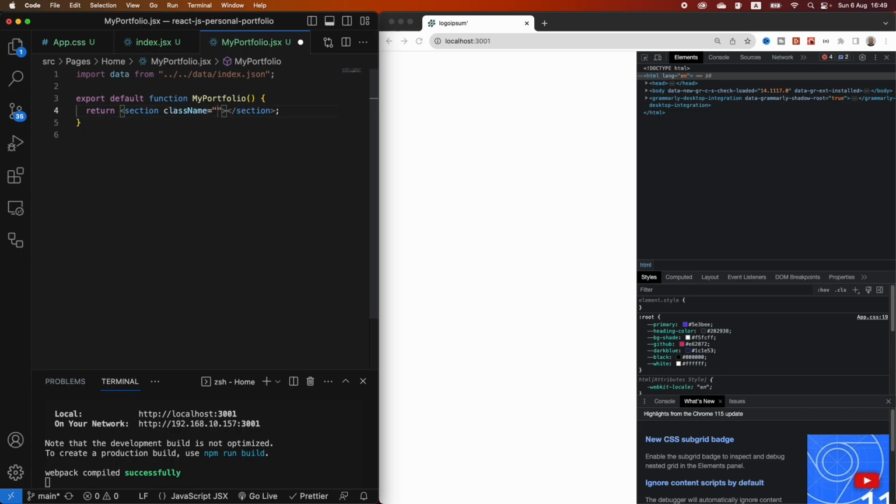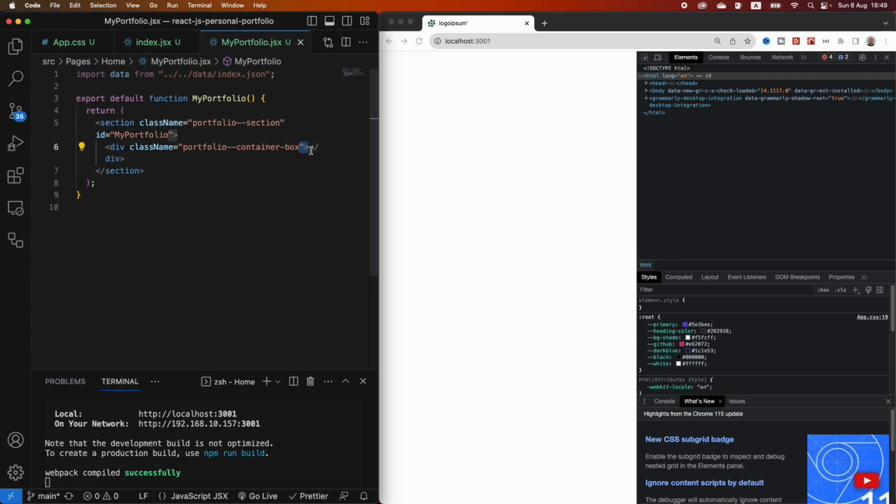Let's add a class name here, portfolio section, and also an ID of my portfolio, like so. Inside of here, we are going to add a div. It is going to have a class name of portfolio container box,